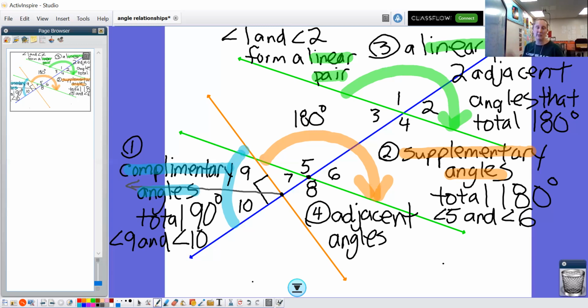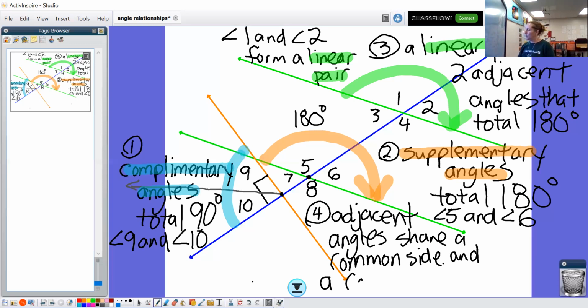There are lots of adjacent angles here. They share a common side, and a common